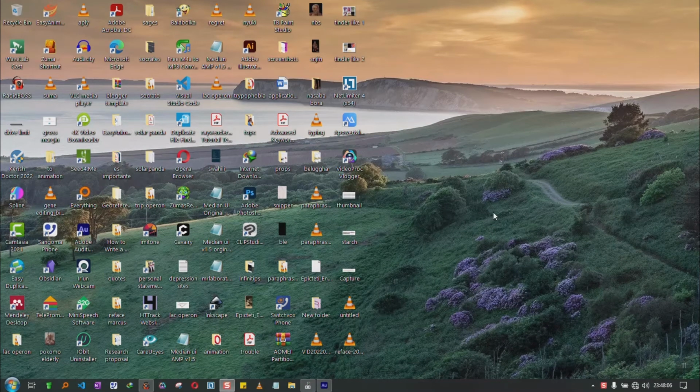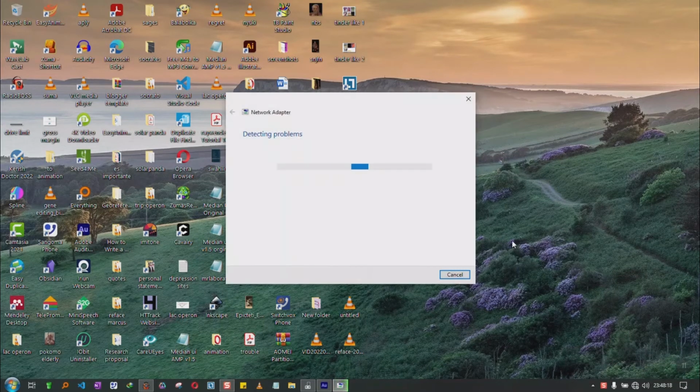The first option for you to do is to try and troubleshoot. First of all, you right click on this internet icon, then you select troubleshoot problems. Troubleshooting will begin. Then you select Wi-Fi,